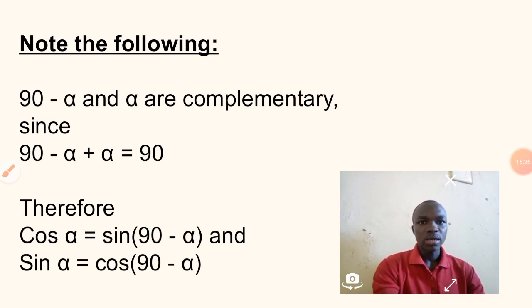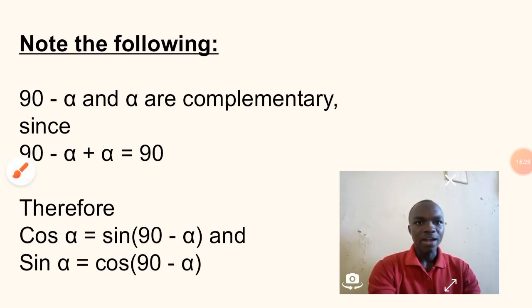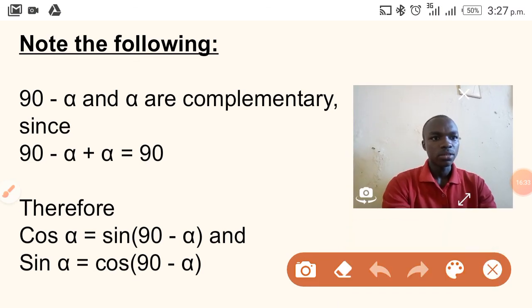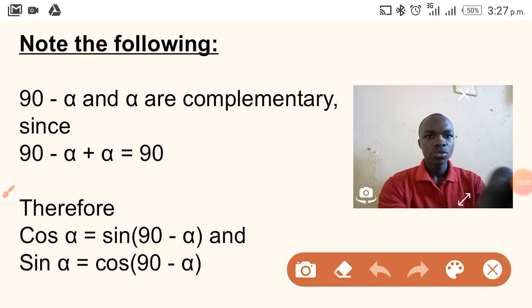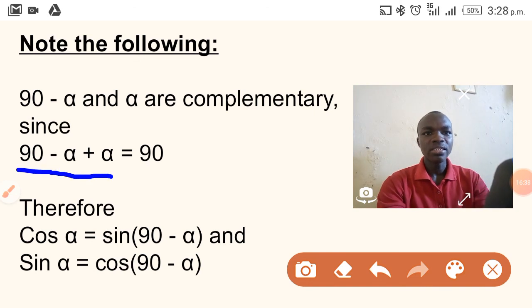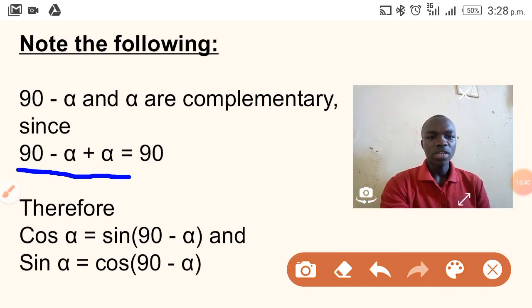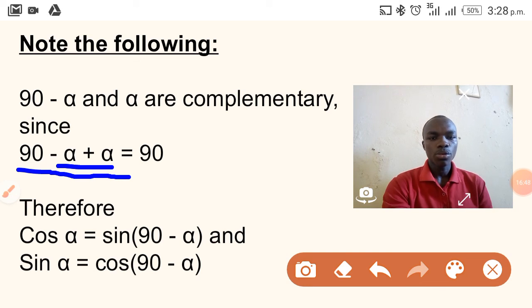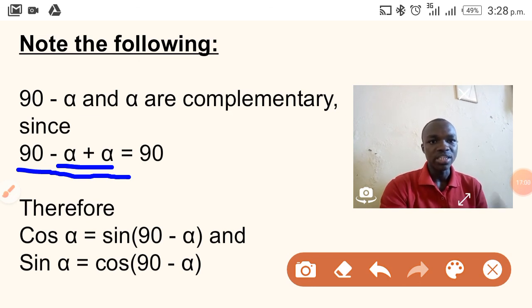Because if you add 90 minus alpha plus alpha, it will give you 90. Look at it here: 90 minus alpha plus alpha is equal to 90, because minus alpha plus alpha is 0. So you have 90 there. So 90 minus alpha and alpha are said to be complementary. Therefore,